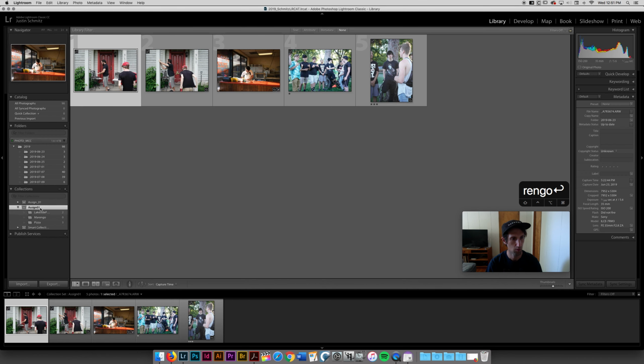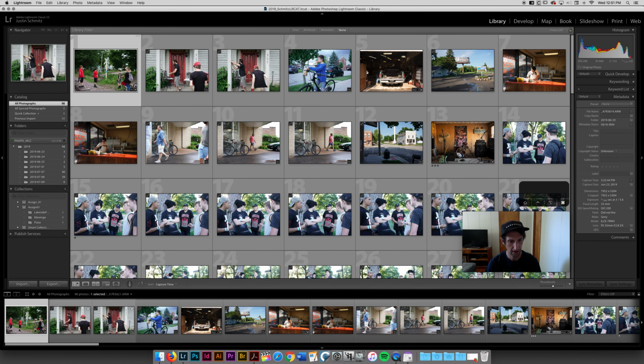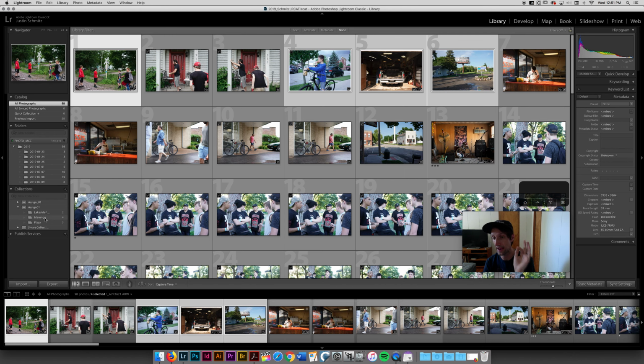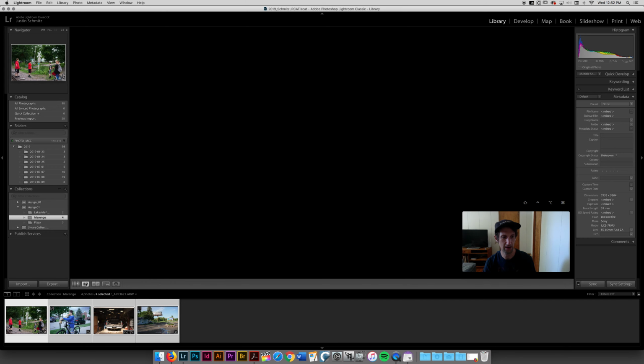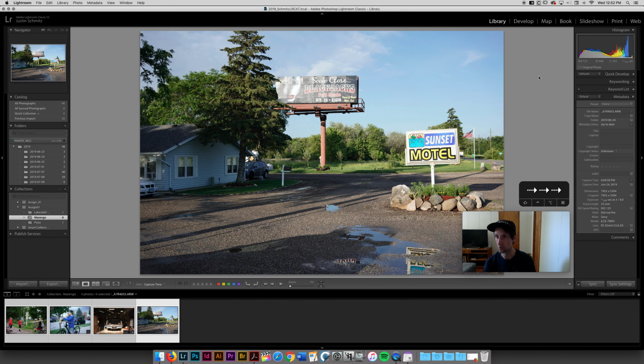And now, if I go back to all photographs, I can find all of these photographs that I've made in Marengo, and I can put those inside of there. And so you can make any type of collection that you want, and what's going to be great about this is that it will organize things so that when you go into the develop module, you don't waste a whole bunch of time. All right, we'll see you when we talk about